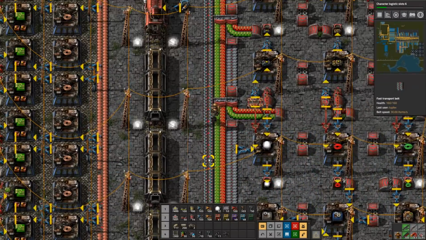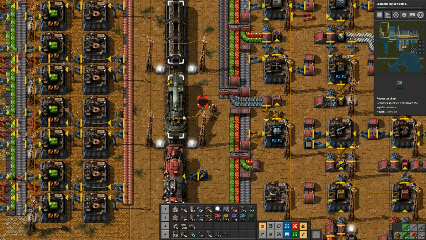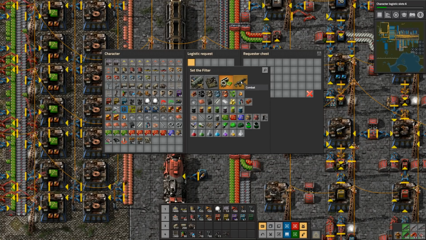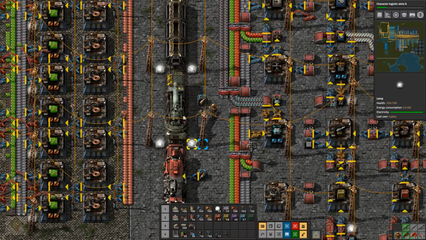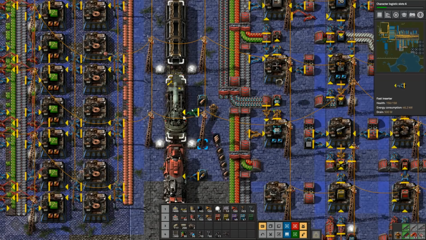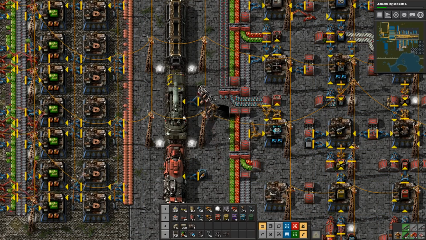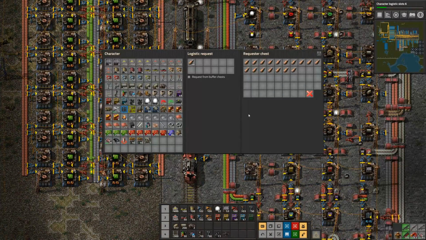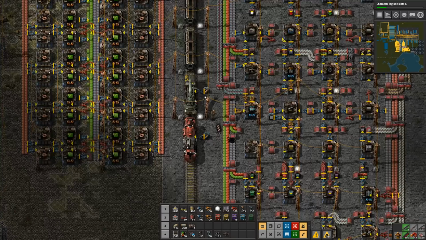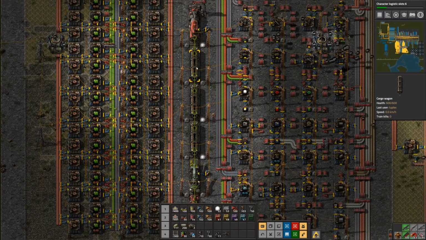It's very nice. Okay, so we'll need to start loading this with artillery. So we'll put a single requester chest there. I'm going to request the artillery shells. And one chest can hold 48. So I'll put 48 in there. Now the artillery wagon, I believe, can hold 99 shells. So it can carry quite a lot of ammo. But I don't expect to always use 99 shells, so I think just having one of these filled will be fine. All right, and then